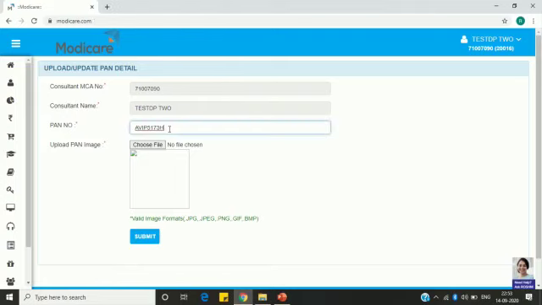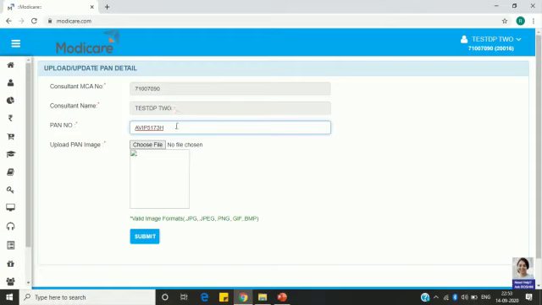Here you have to enter the PAN number very clearly. Ensure that the entire PAN number is correct. And also note the PAN number and the name in the MCA number should match.